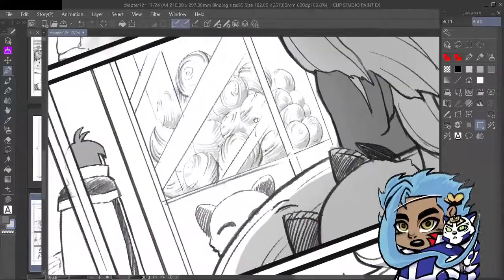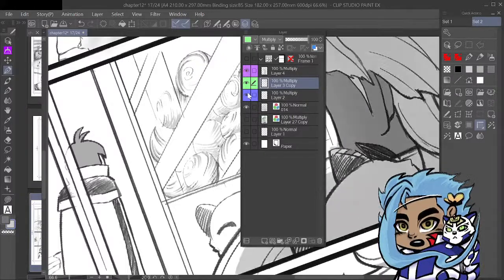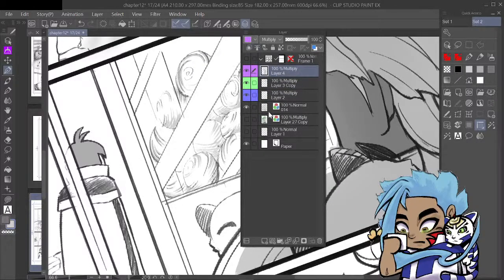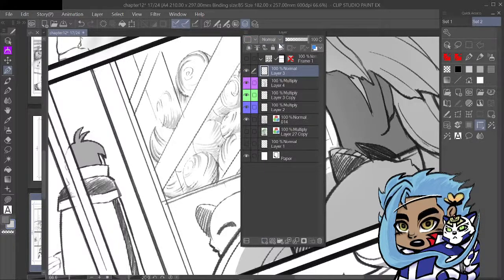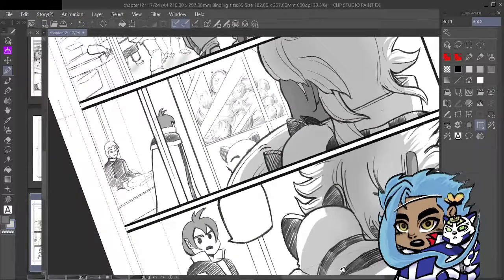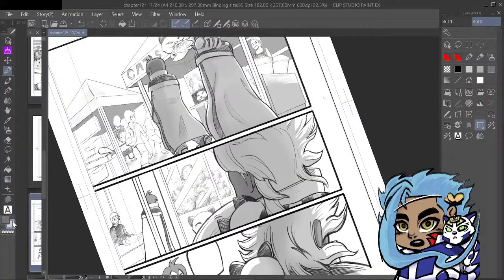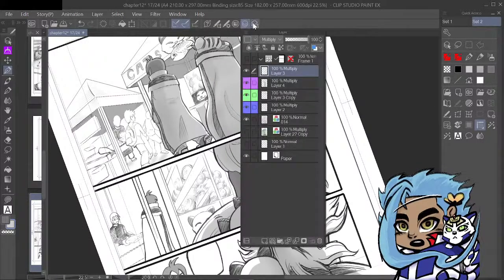Now I'm thinking that I could also, let me see here. It's there, that's there. So I'm gonna go ahead and make a new layer. And I think I'm gonna try and kind of darken around the glass here. I'm gonna use the same value. Is that on multiply as well?